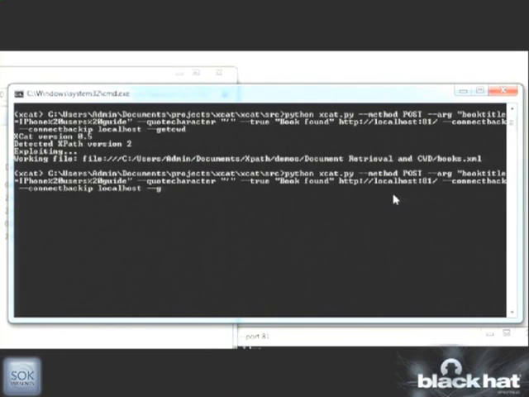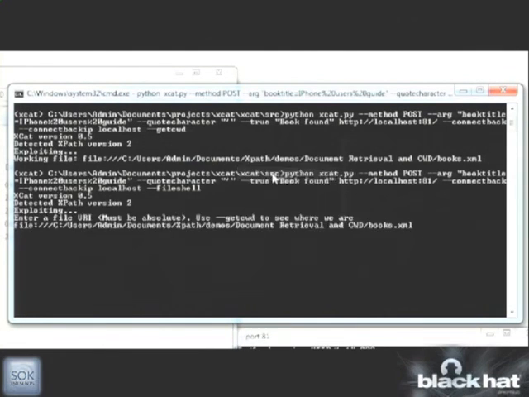You can replace that with the file shell command, and then you can just paste in the URI, change it to secret.xml, and it will